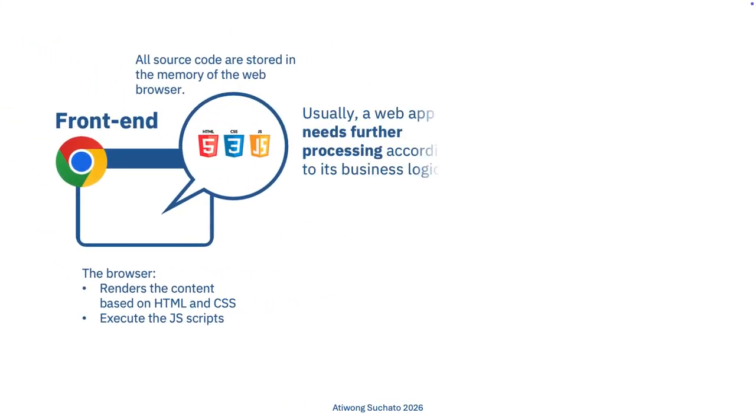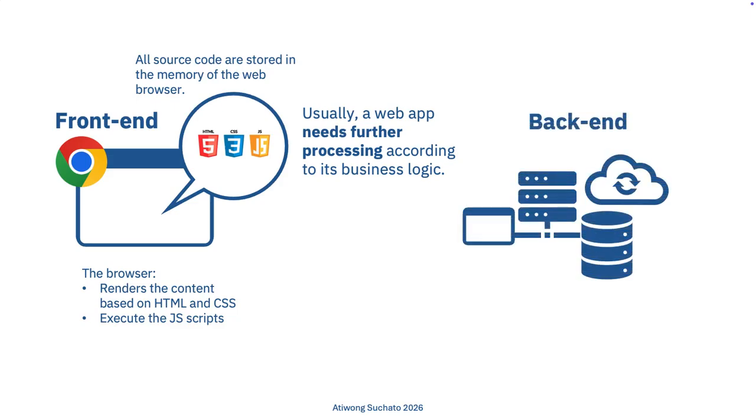But many web applications need to do more than just display a page and respond to user interaction. Usually, a web app needs further processing according to its business logic. For that, we introduce another part of the application, the backend. So now, instead of having everything happen only inside the browser, the front end can ask the backend to perform some work for it. So now we have the front end on one side and the back end on the